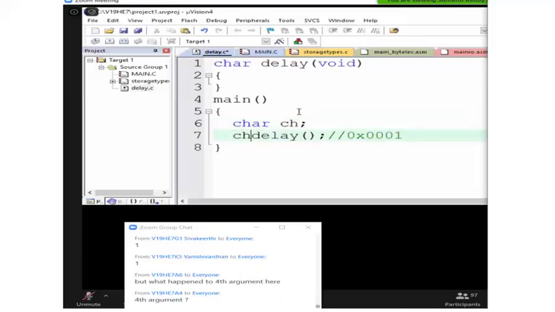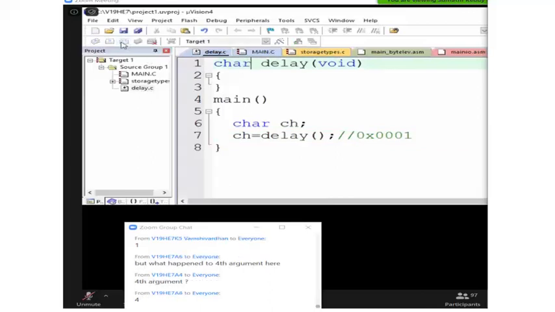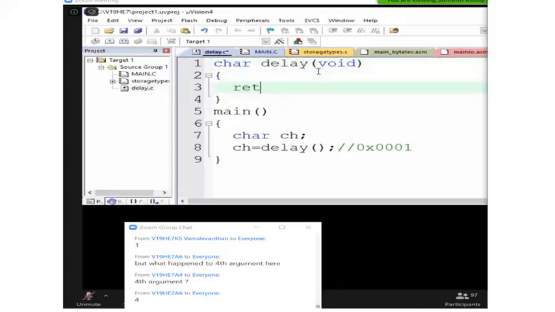Whatever the delay function is returning, you are collecting into one variable. The return type is character, meaning it is 1 byte. So whenever you return information, let me put here return some value. It can be anything. 1 byte of information.